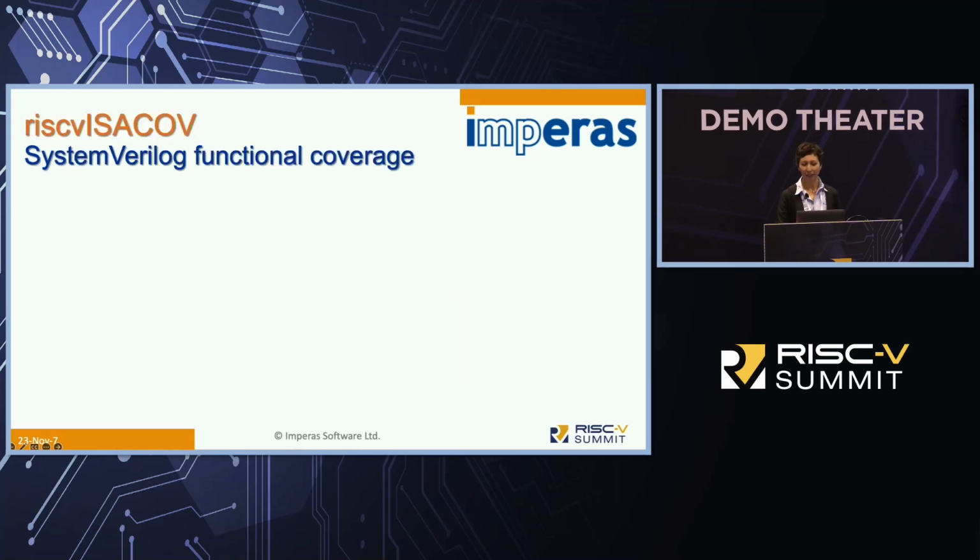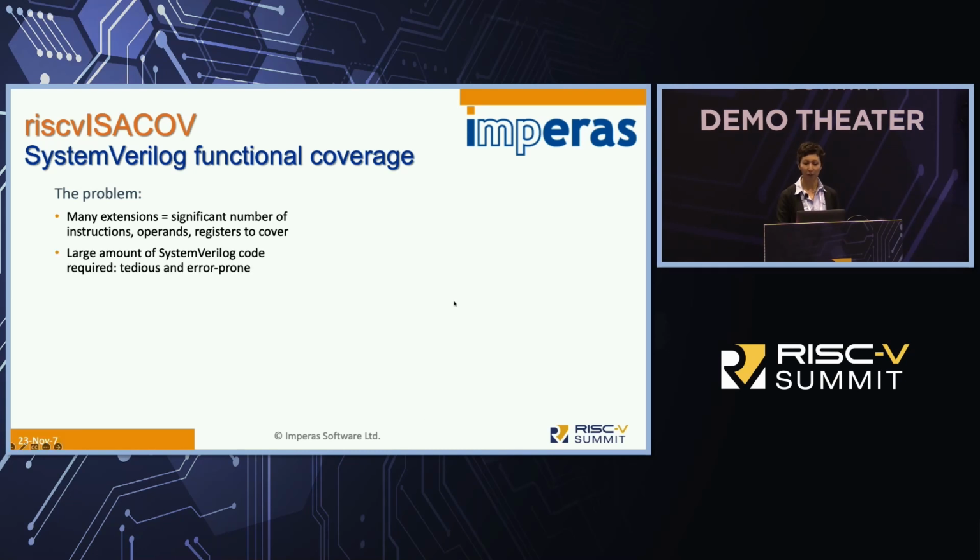Now, another facet of Imperas' processor DV solution is RISC-V ISACOV. This is functional coverage for the RISC-V ISA. Here's the problem that it addresses. There are a number of instructions associated with each RISC-V extension, and each of those instructions requires coverage of operands, registers, not to mention data hazards, cross-coverage with other instructions. A large amount of SystemVerilog code is required to implement the coverage model, but writing it by hand would be